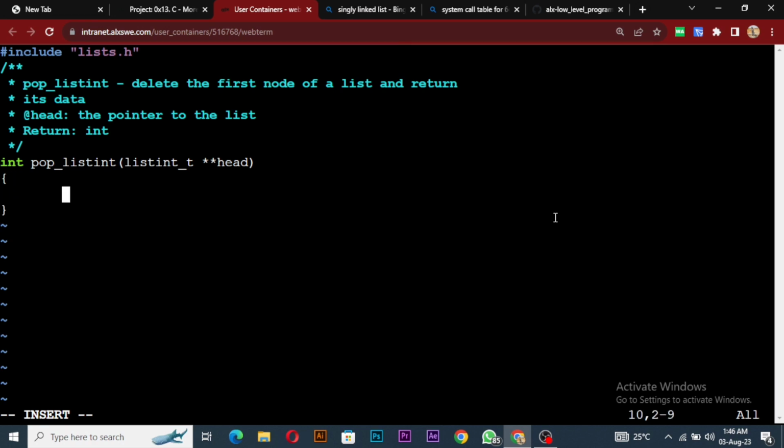Because we want to return an integer, we have int n for the data to return, and then we'll have a temporary node to pass in our head sometimes to traverse through the list, so let's call this tmp. So we'll say that if our head is equal to NULL, or our